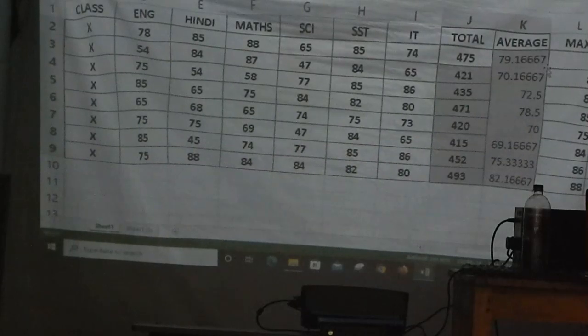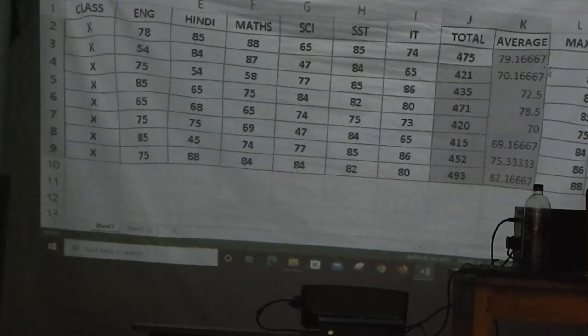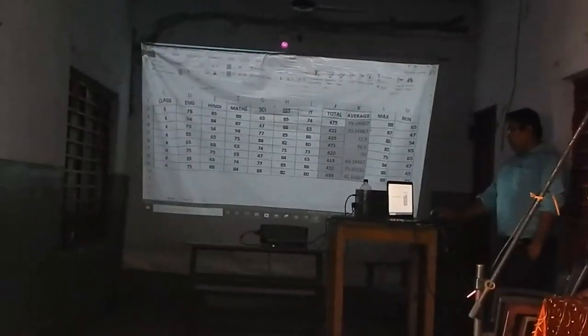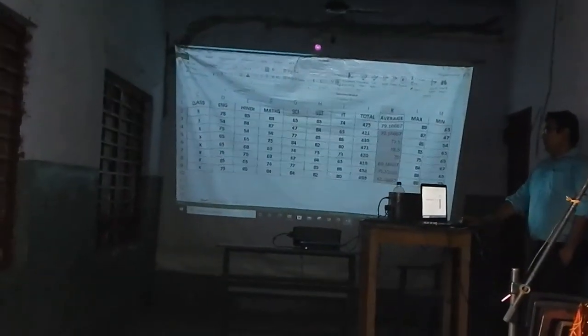See, all the results we have. Someone asks a question: in the average, what you can see after that, so many digits are there. Yes, so many decimal points are there. So normally we are not showing them, we are showing a maximum of 2. Alright. So for that, see, in the Home tab, in the Number group,